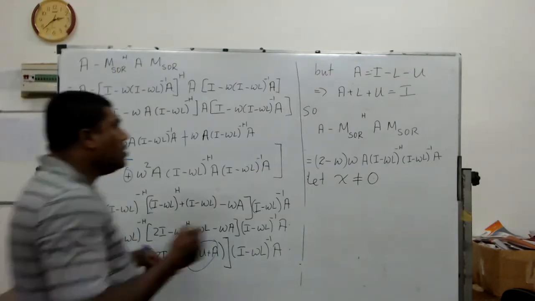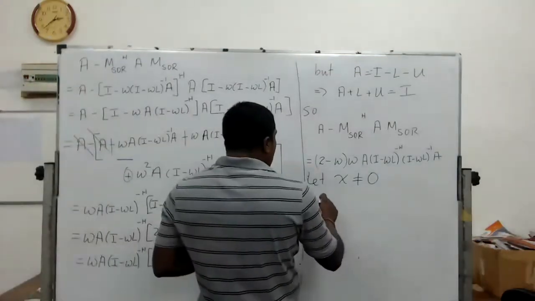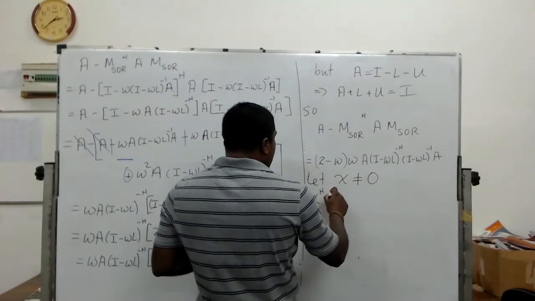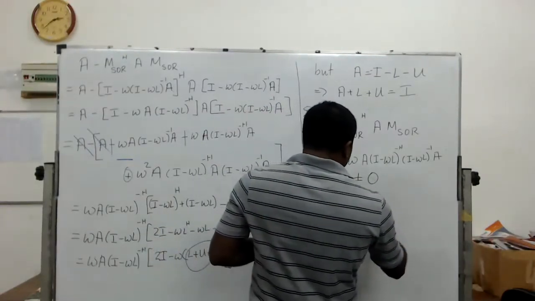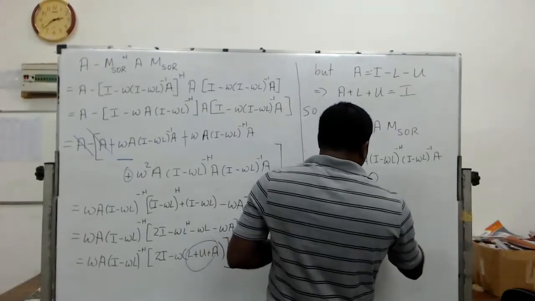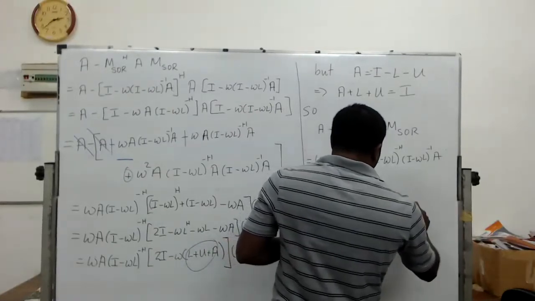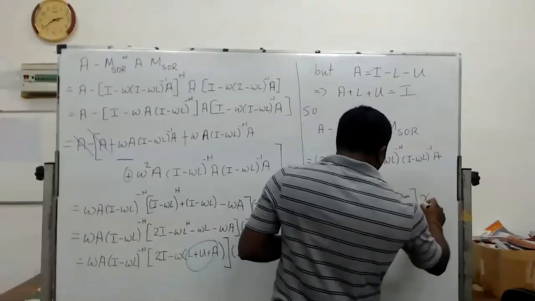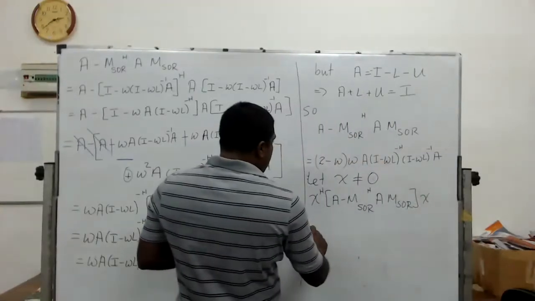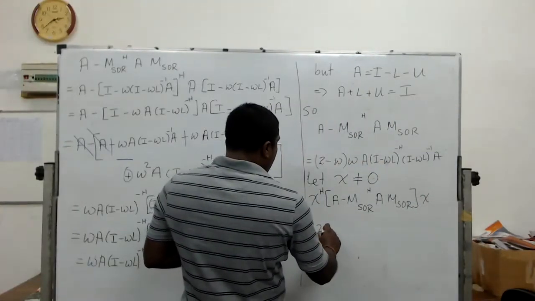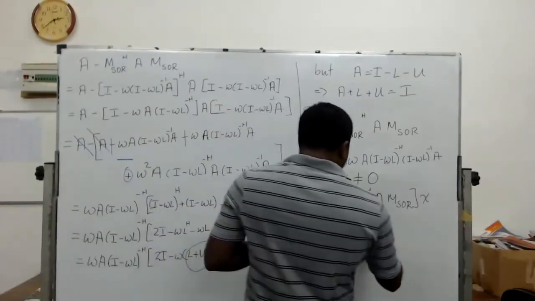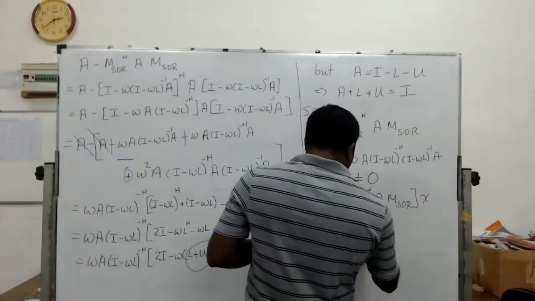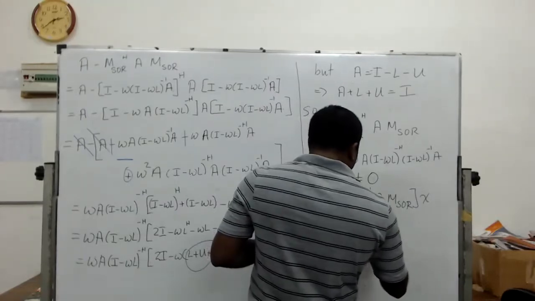So if x is a non-zero vector, then you know x Hermitian times (A minus M_SOR Hermitian A M_SOR) times x is basically equal to 2 minus omega times omega times, right? So A